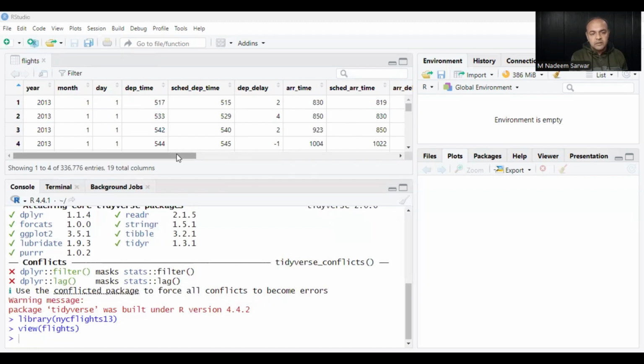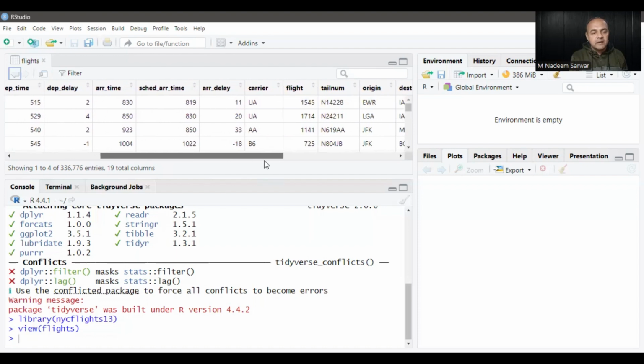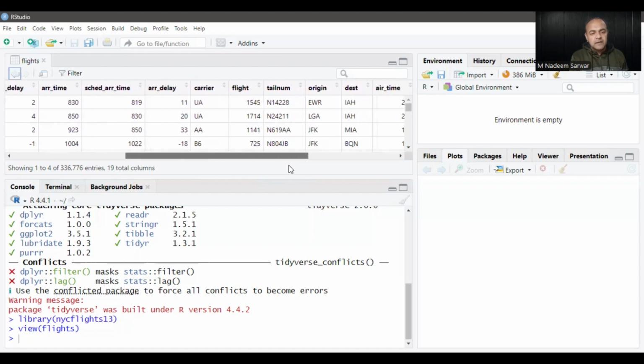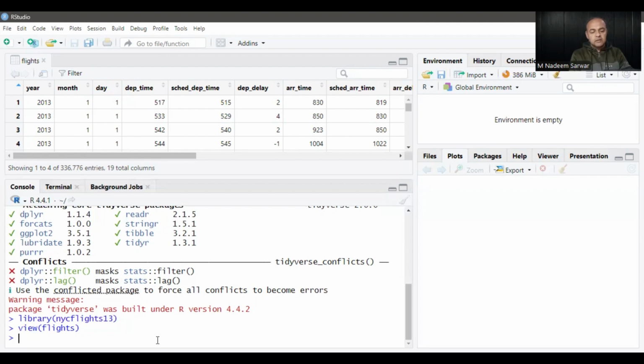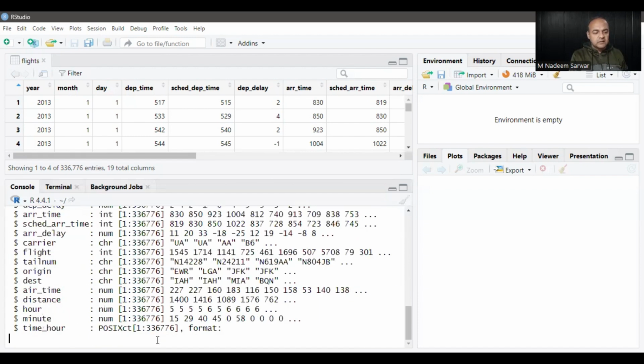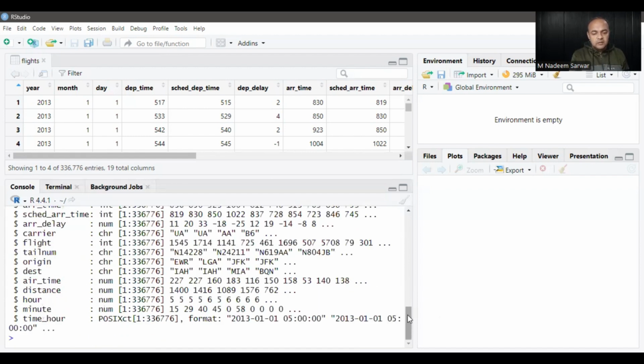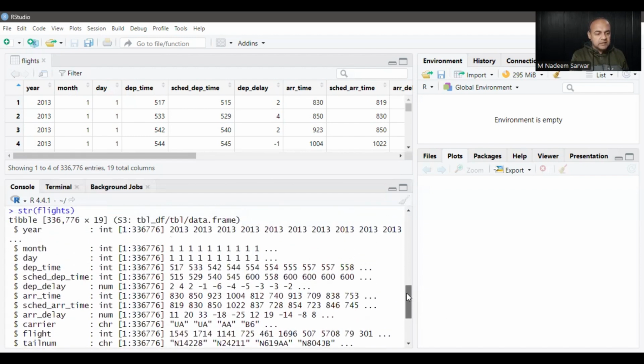Similarly, arrival time, scheduled arrival time, and arrival delay, carrier, flight number, and others. So let's have a look at the structure of this data. str is the structure command, str(flights), and you can see that there are